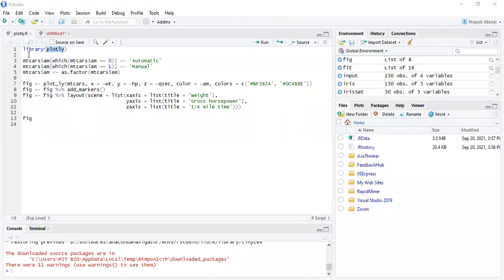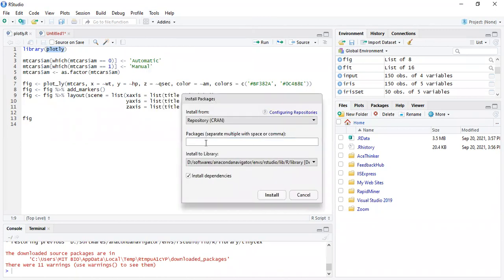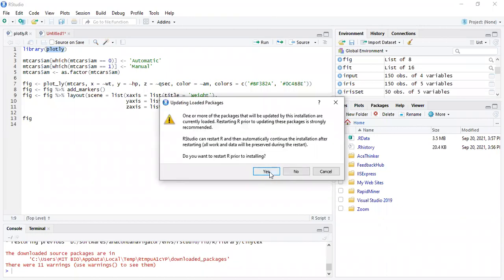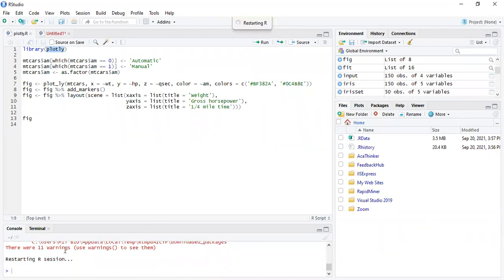Okay, now you can see the same command has been written, library Plotly. For this, you have to copy and just search in the install package with respect to Plotly first and install that particular Plotly. Okay, so here you can see this.